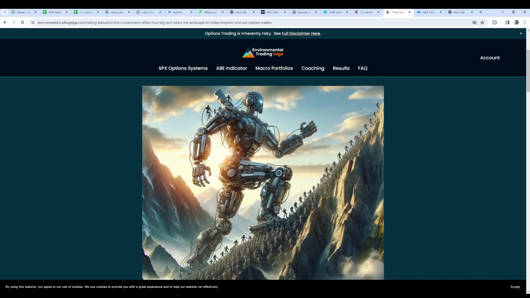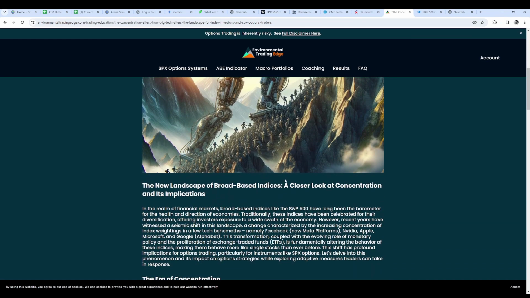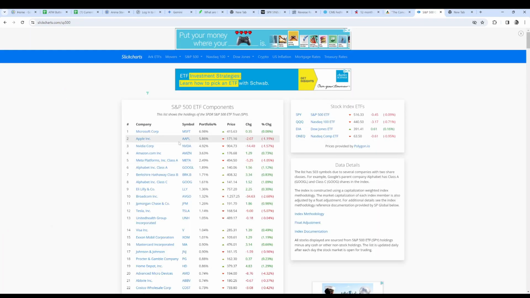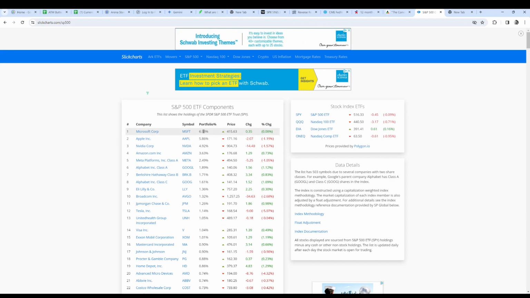So I talked about this concentration effect and its implications. And really what I was talking about is that when we look at the top, let's just take the top 5 companies in the S&P 500. This is the SPY, so not to get too into the minutia here, but the point is that the concentration of the SPY is very similar to the S&P 500 index itself because they have to reflect each other. But Microsoft itself is 7%. Man, 7% of it. I mean, that's massive for a single company, right?